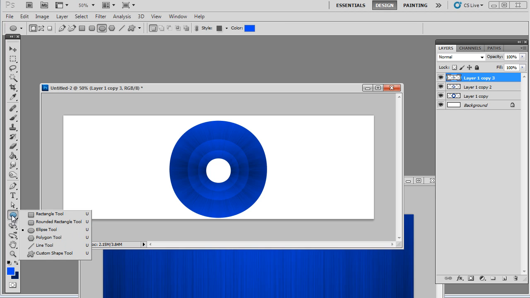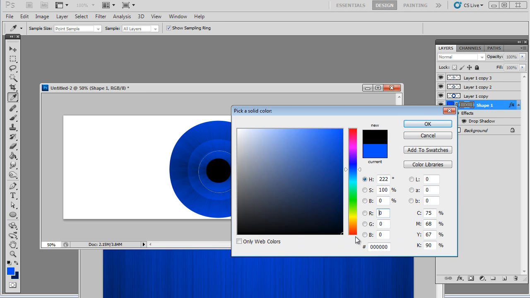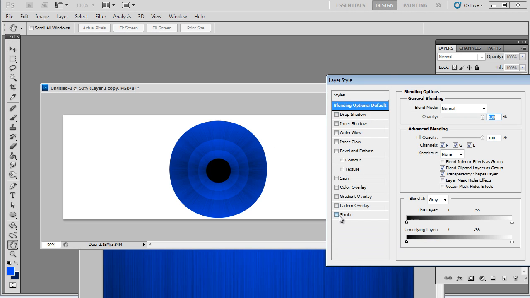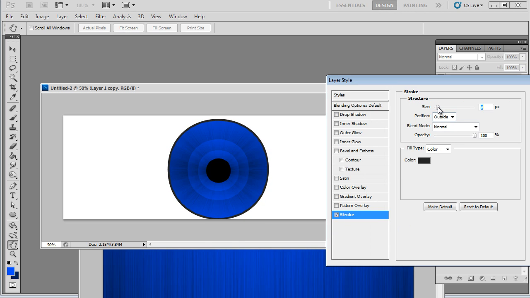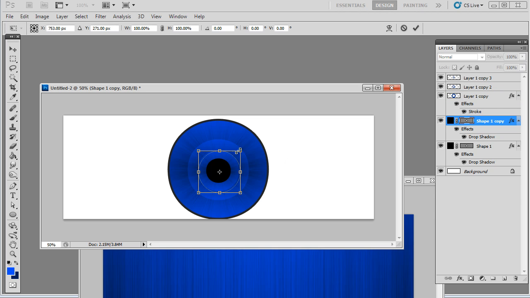Okay. So now I'm going to put a black circle. It didn't really have to be a circle, just something that we can color black underneath there. We've already got the circle set. Then we'll grab this outer one and add a stroke to it. Fairly thick. Like so. And that's not really perfectly round like I would like, honestly. So what I'm going to do is actually just grab that black iris, or black pupil, and just scale it up, because that's perfectly circular, what we want, and then just center it where it needs to go,